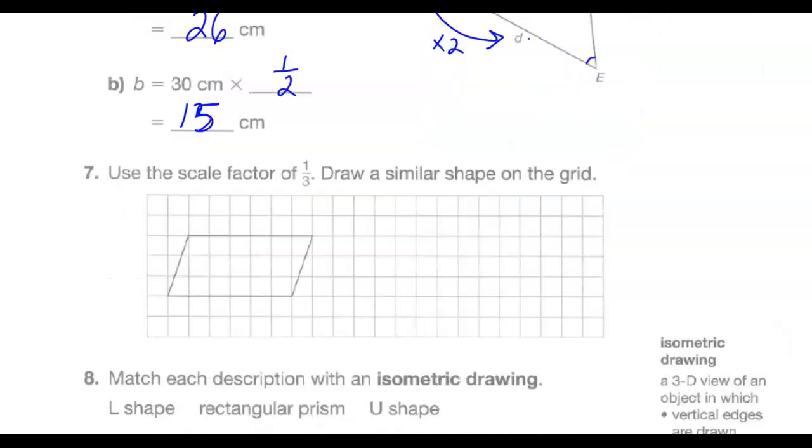Okay, use the scale factor of 1/3, draw a similar shape on the grid. So scale factor of 1/3 means we have to multiply all the sides by 1/3. The factor means multiply. So let's just measure them here. That's 6 units. And this, we don't know. We'd have to use the Pythagorean theorem, but you can see it's on a diagonal, and the slope is up 3, to the right 1. And so really the side of our new triangle is going to be 1/3